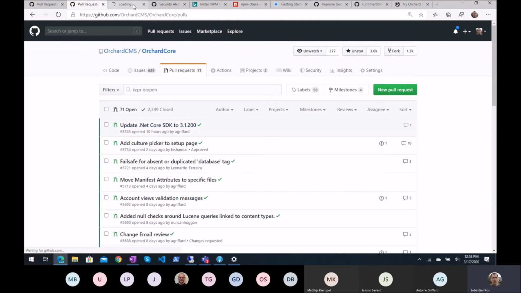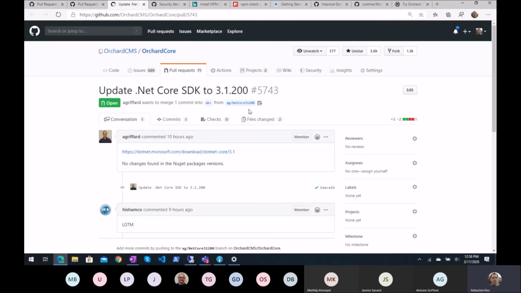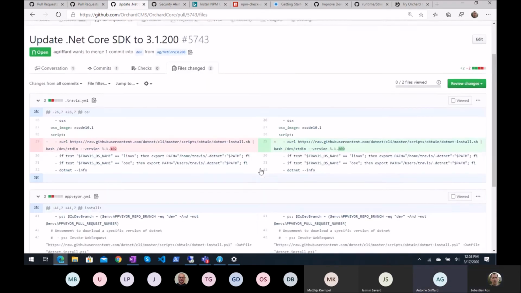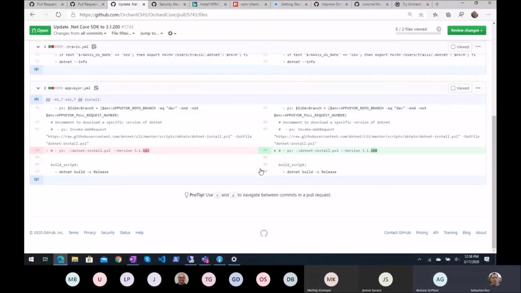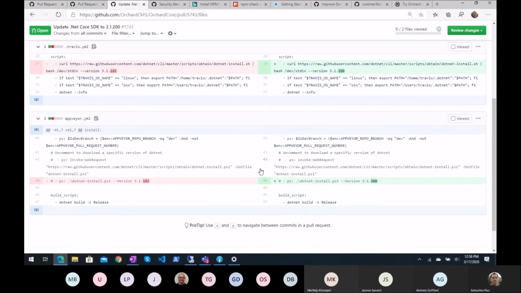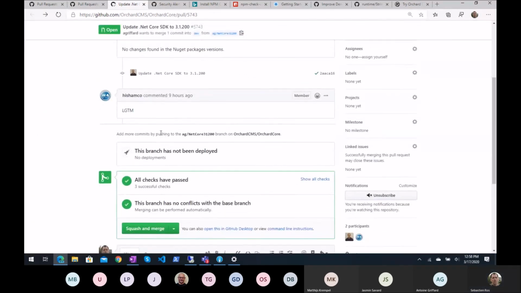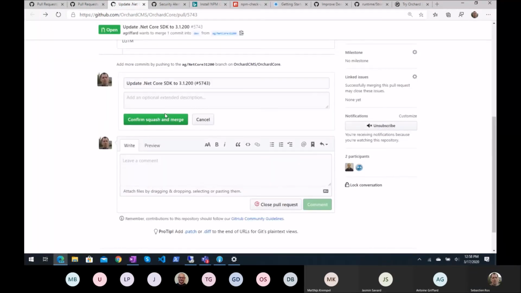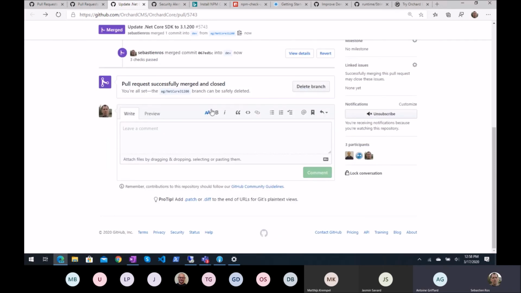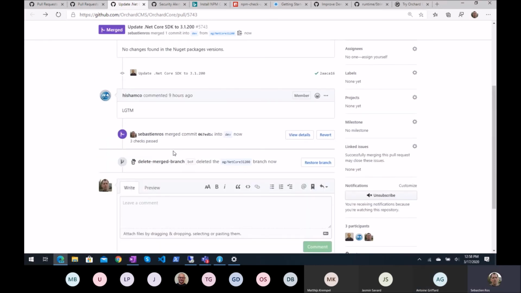Updating the SDK. You see? So what's the reason to update this SDK? Because there was a new SDK. Yes, but there is no reason to update it. No. There is one reason, because it's just for us to build the things, and it still builds with the old SDK. But I will update it. .NET is uppercase NET. Oh, it worked. You saw that?